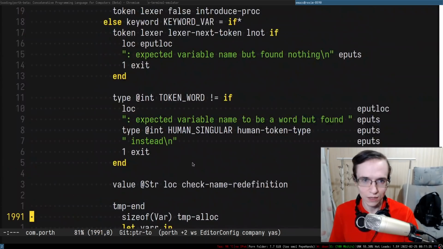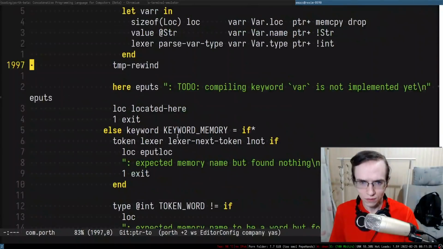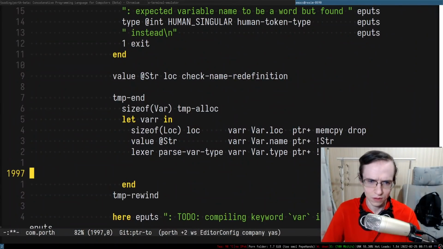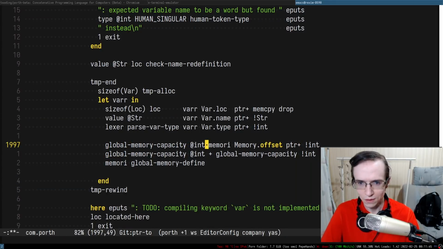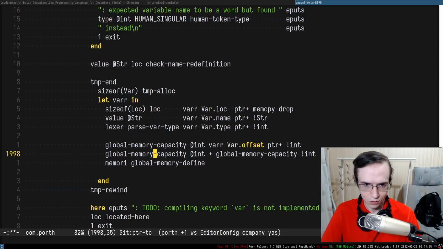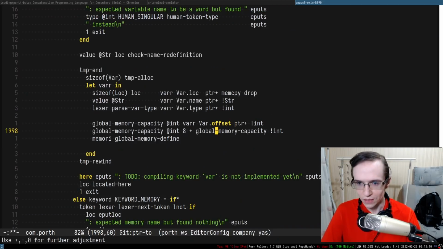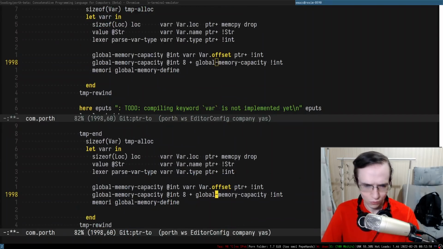I might as well actually steal that code. For the variables, it's going to be a little bit easier, I think. So we take global memory capacity. So this is the global memory capacity. And I take var, and I take var offset, and I just save it as it is. Then I take the global memory capacity, and I add the size of the variable. For now, it's going to be always 8, right? Because we don't have any other types than of the size 8. And then we just add it into the global memory capacity, though we could have just used